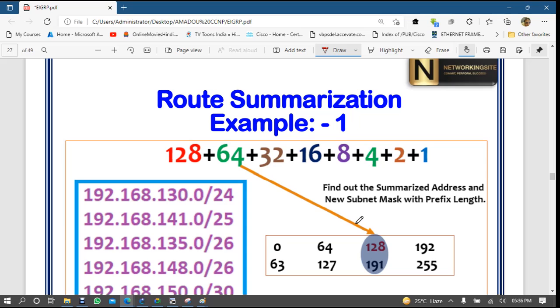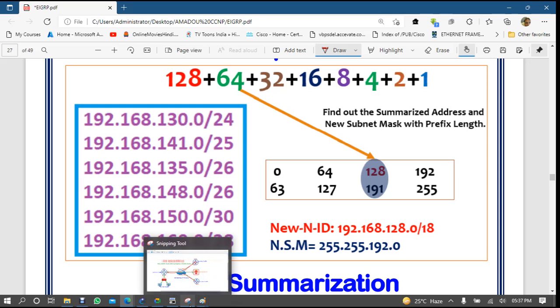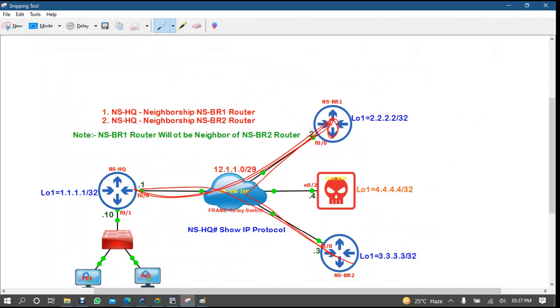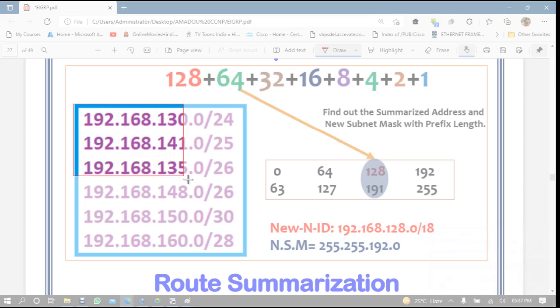So, route summarization example 1. Okay, no problem, we have to understand now how we are going to summarize this route. Do you know route summarization or did you forget? No, I did not forget, I have knowledge of it. Okay, so there are two processes.